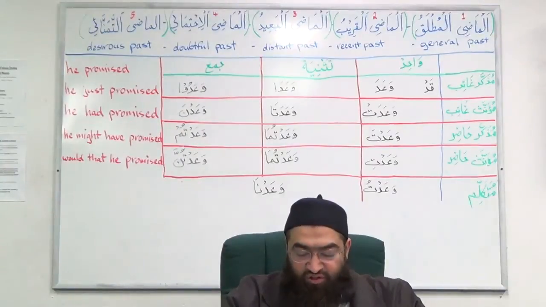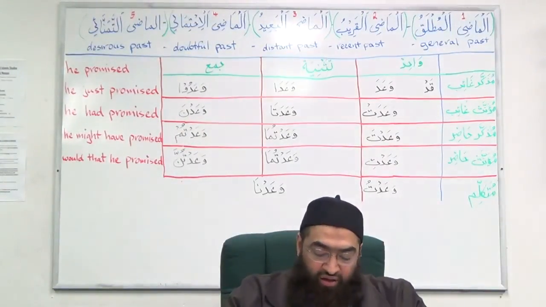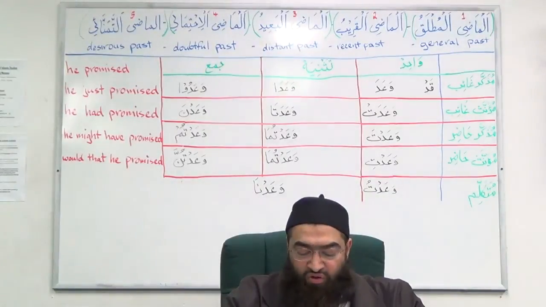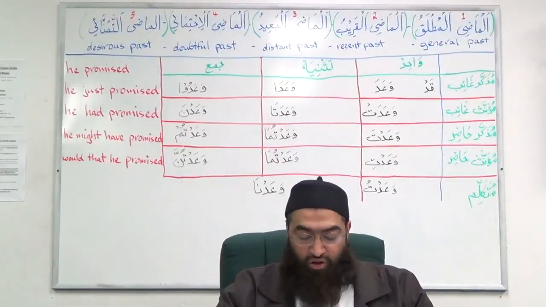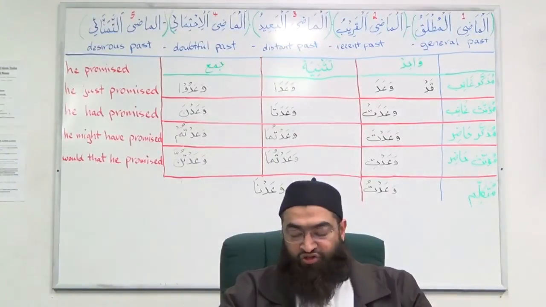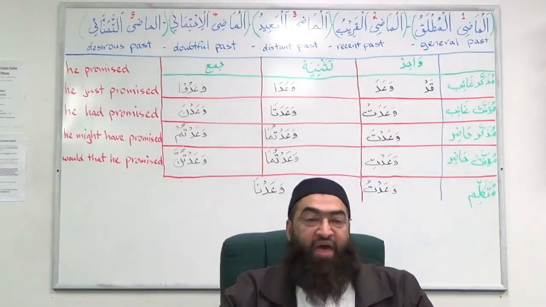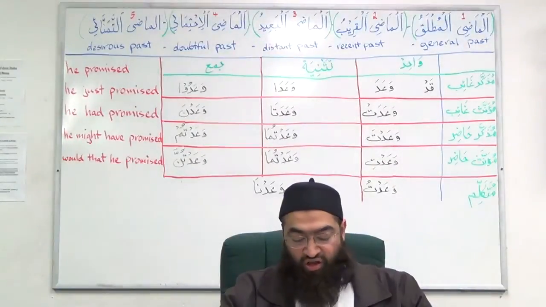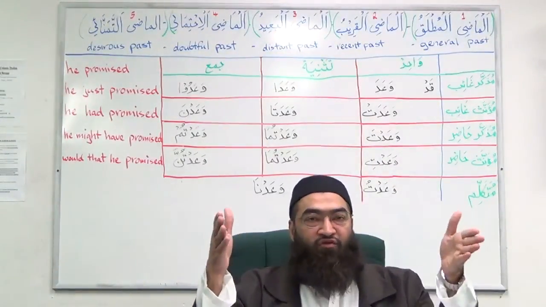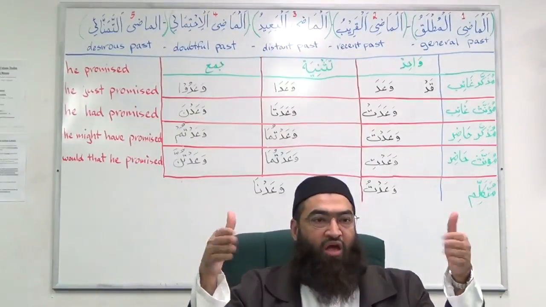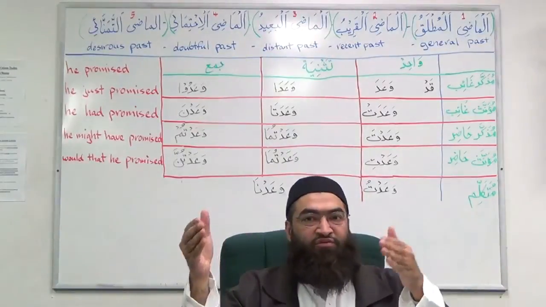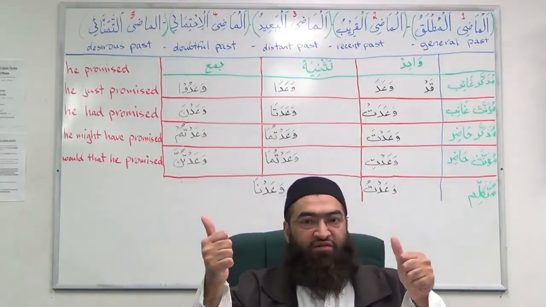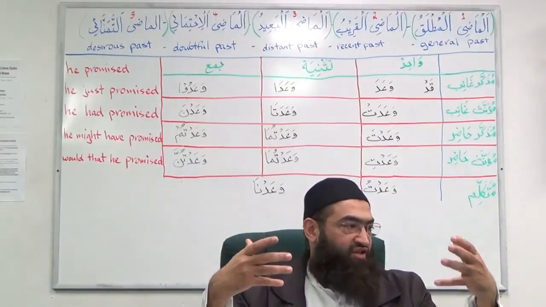So this has been mentioned in the last two classes. Last class, at the end of class, we went over the next part very briefly, so I'm going to go into that a little bit in detail. The word qad, when added to al-fi'l al-madi, changes the meaning to recent past. Al-madi qareeb. So fa'ala is madi, and if you put a qad before it, then it becomes recent past. Fa'ala means he did, and qad fa'ala means he just did.